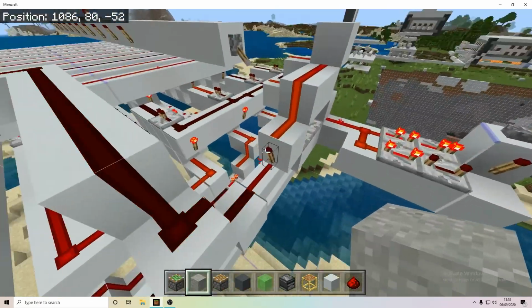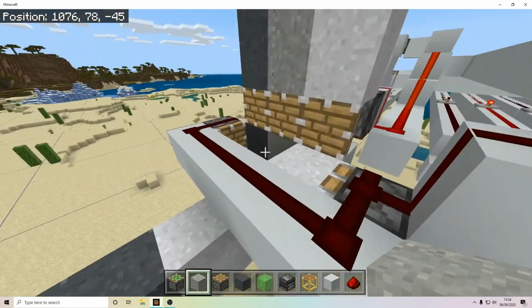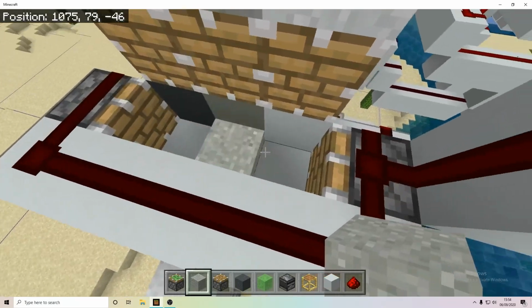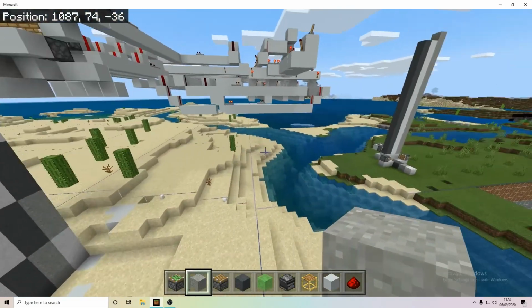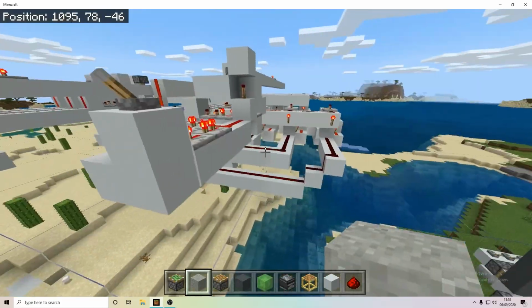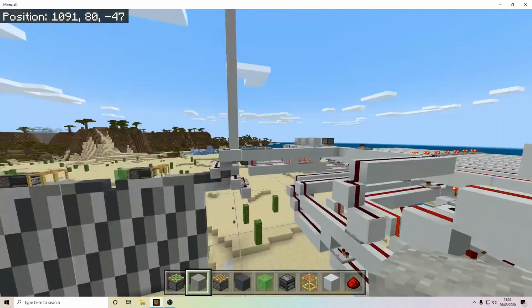And then this line also doesn't just pulse the pistons, it also controls the extruder circuit. These go first, then that goes down there, as you can see. So these pulse, then that pulses. And as you can see, it makes a nice pattern. So yeah, it pretty much works. You can't really pause it, so we